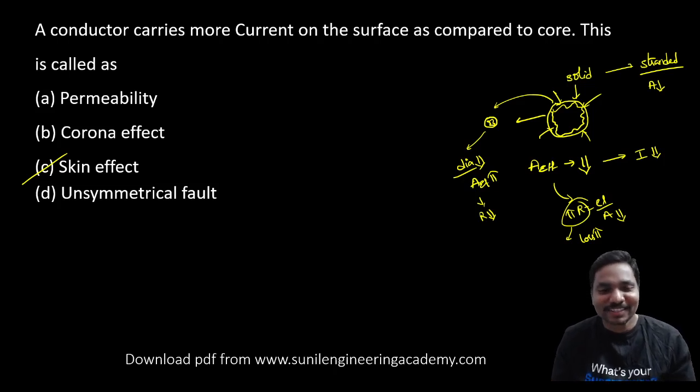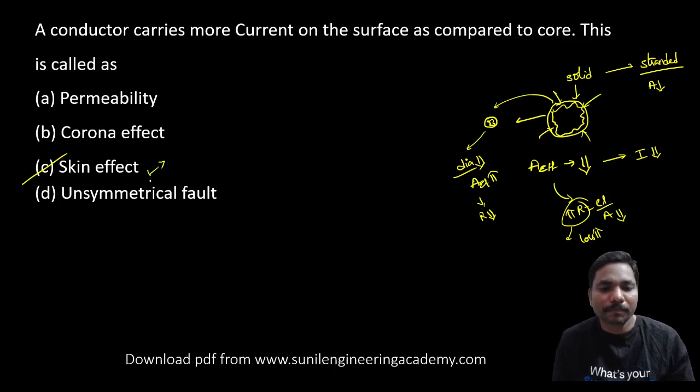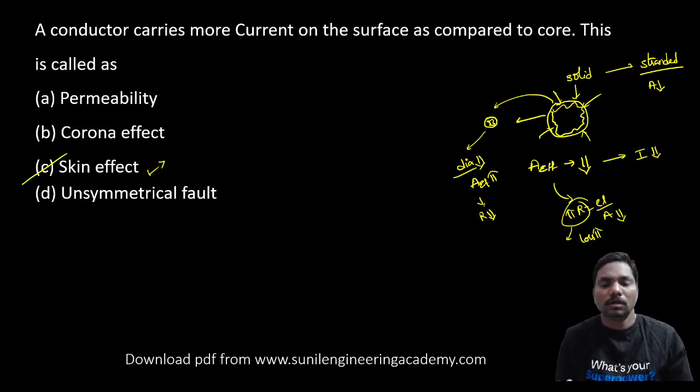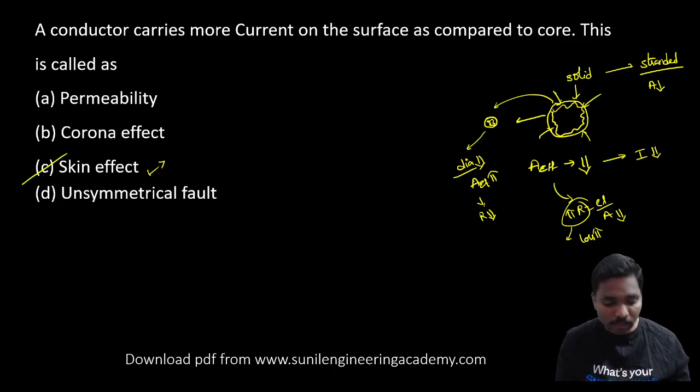Okay, reduce the skin effect. So skin effect is nothing but the alternating quantity of the current is always trying to flow in the surface, so it is crowded at the surface of the conductor. Due to that, effective area is less, resistance is more, so we may have the losses.